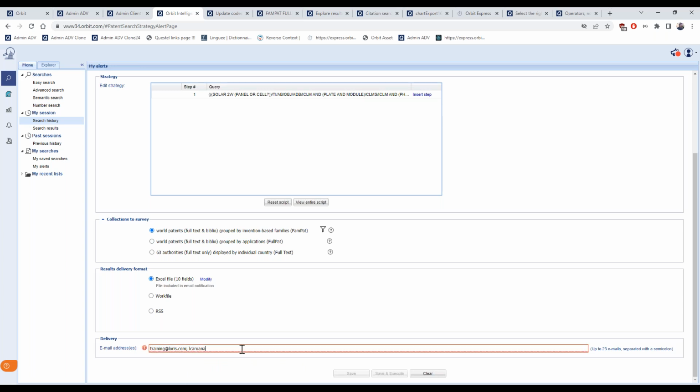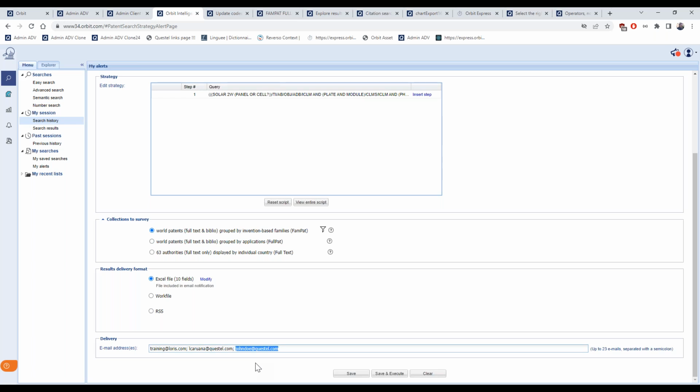So if I want the alert notification with attachment to be sent to one of my colleagues, well, in this case it's me, but to another colleague, who doesn't necessarily have to have an Orbit account.